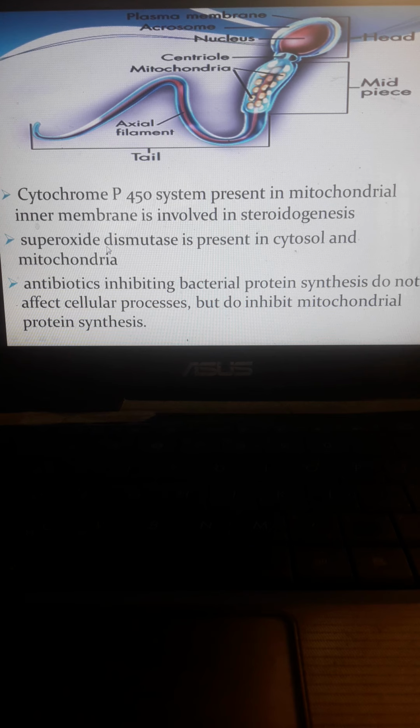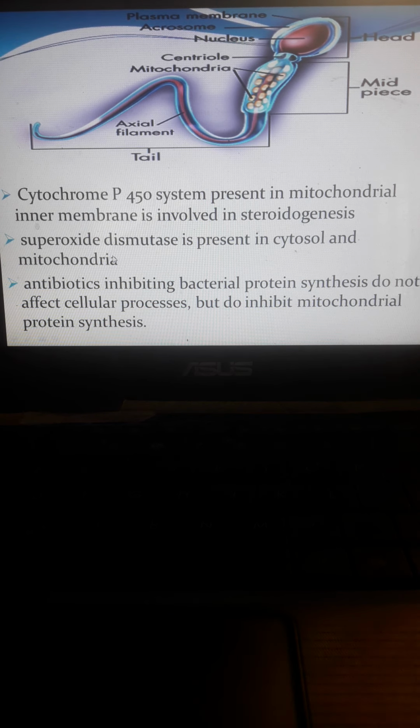Okay, so superoxide dismutase is present in the cytosol and in mitochondria. So this one is also responsible for the oxidation process. An antibiotic inhibiting bacterial protein synthesis does not affect cellular processes, but does inhibit mitochondrial protein synthesis. Take note, it will cause damage to the bacterial cells, because in the principle involved wherein